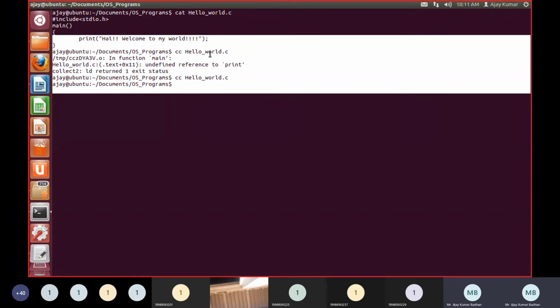If you take Dev C++, simply F9 or F11 and it does it automatically. In a text editor, Control F9 or Control F5 and your work is done. But here you have to type the compiler: cc hello_world.c. It will simply compile it, and if there are errors, they will be displayed like they were here.